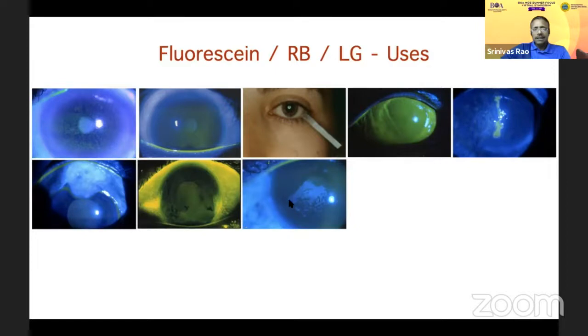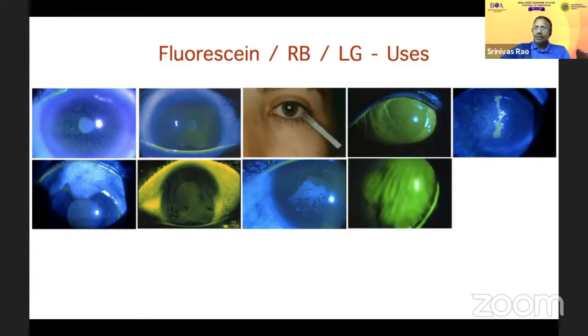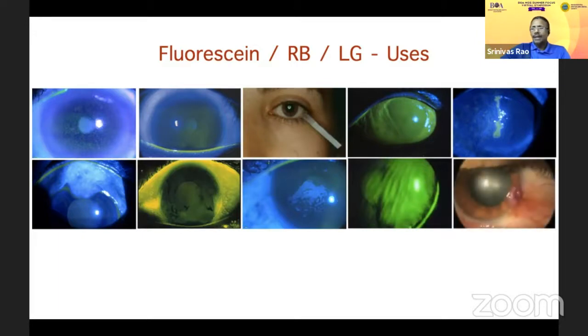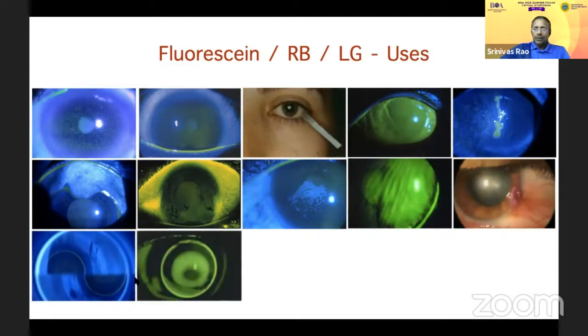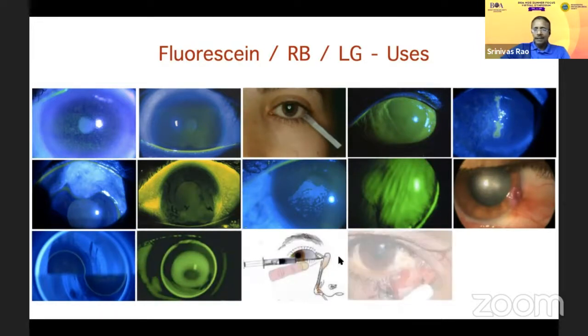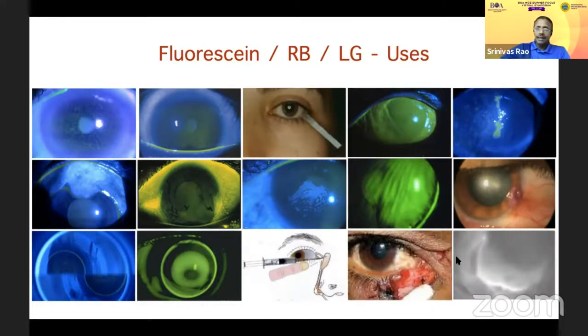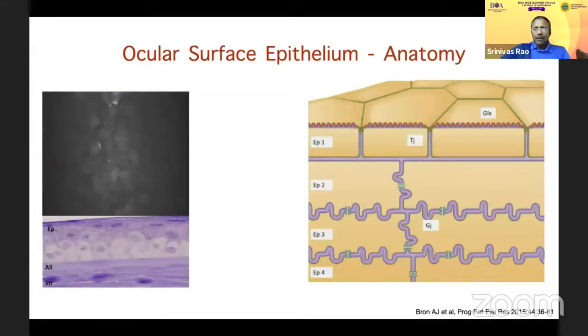If you see a point of staining at the edge of the flap, it tells you that there's a communication, which means that this needs surgical management. It helps you distinguish between folds and striae in the LASIK flap, and in an elevated lesion, it may help you confirm the presence of an ocular surface dysplasia. We can also use it for non-ocular surface uses like applanation tonometry, contact lens fit, looking at the patency of the nasolacrimal duct system, and in identifying the proximal cut edge of the canaliculus in lid repair, and finally in anterior segment fluorescein angiography.